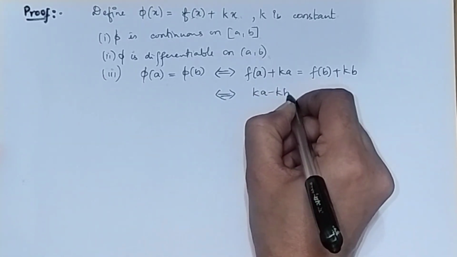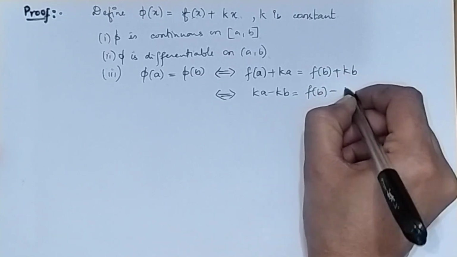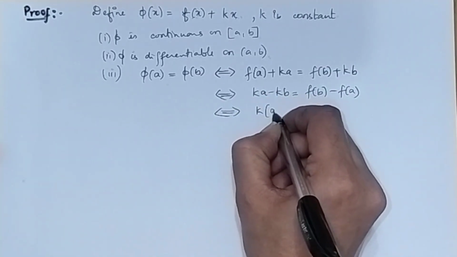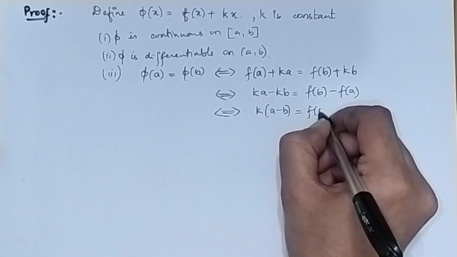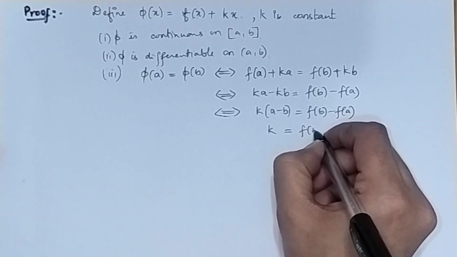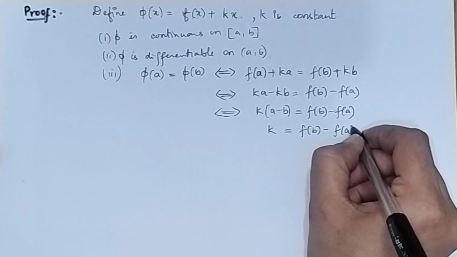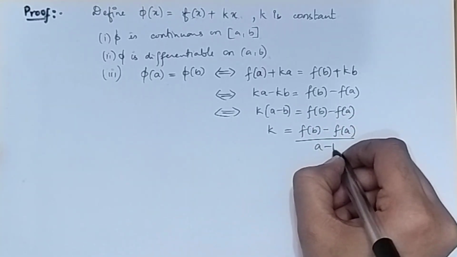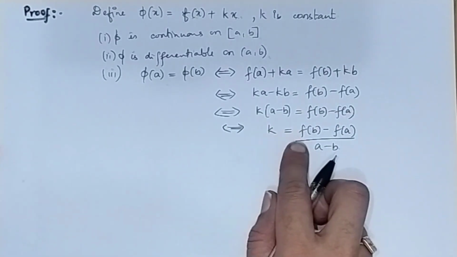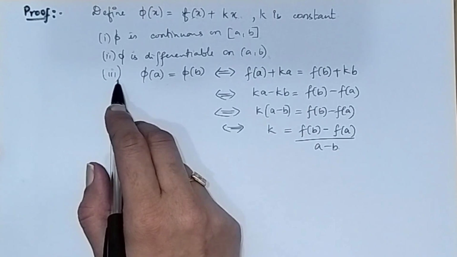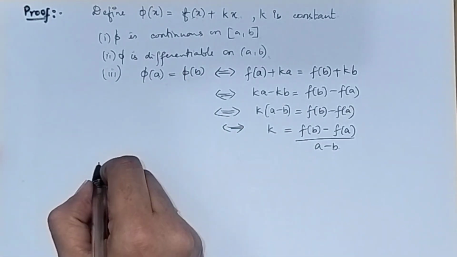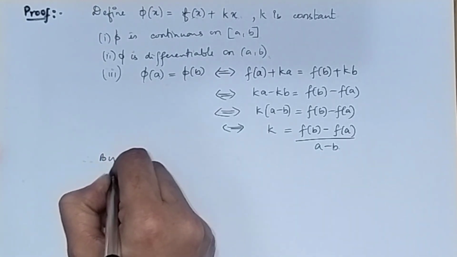Ka minus kb equal to f of b minus f of a. This implies, take k common, k(a minus b) equal to f of b minus f of a. So k equal to f of b minus f of a divided by a minus b. So for this value of k, phi of a equal to phi of b. So therefore, by Rolle's theorem,